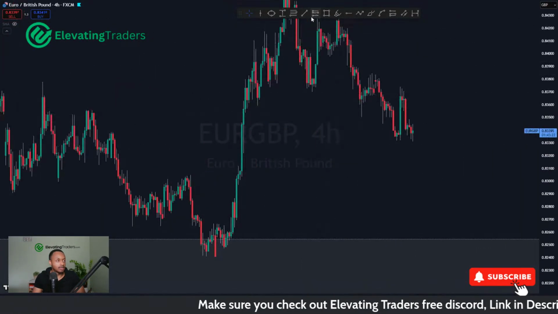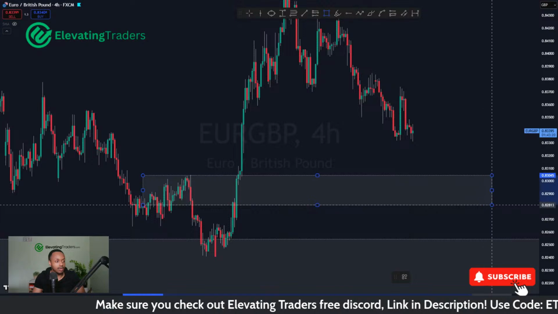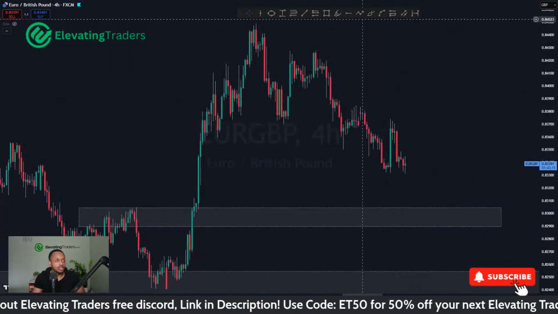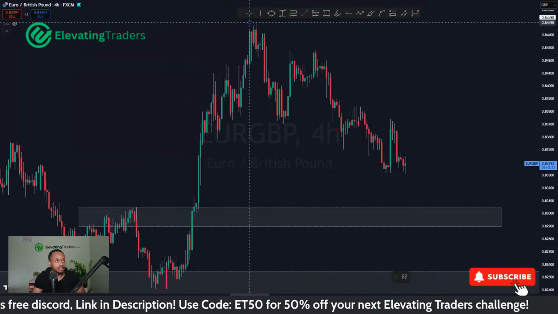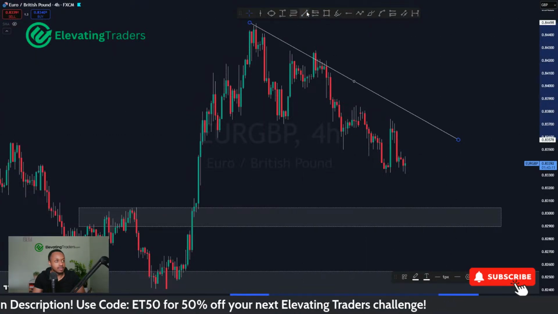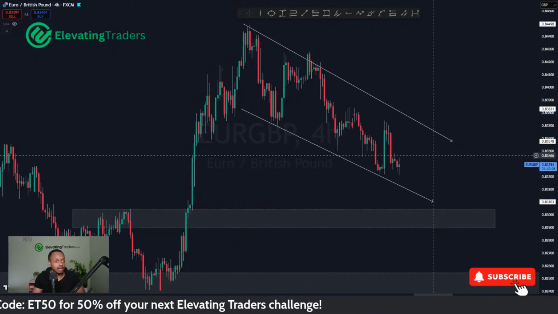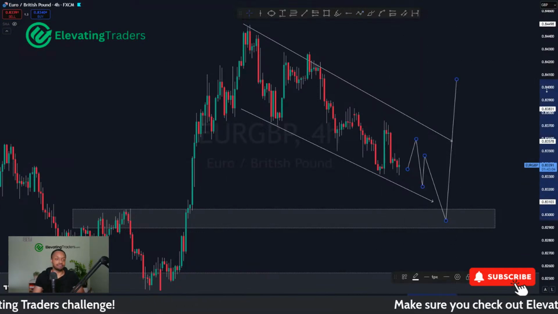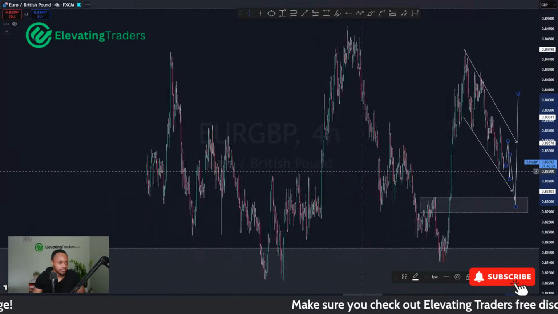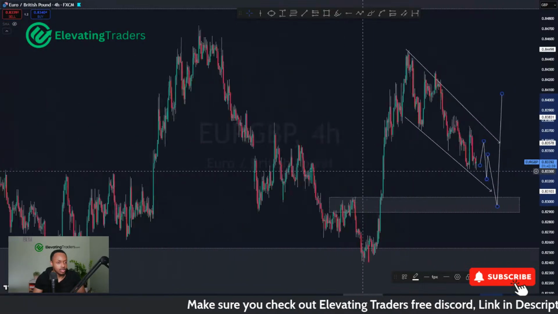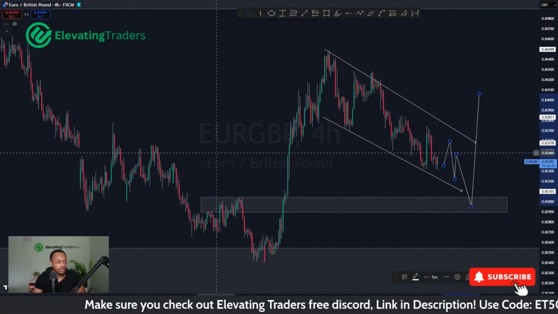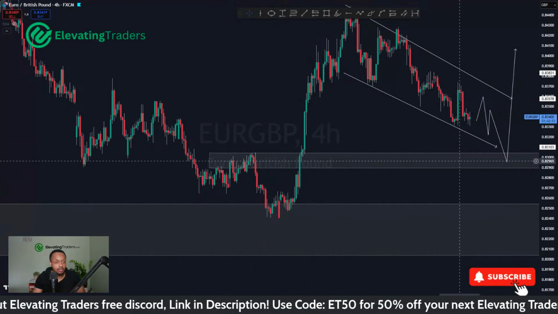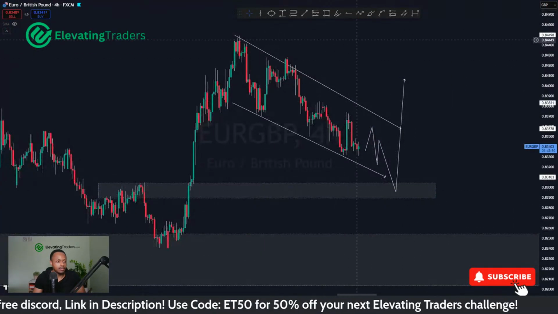I do like this level here, but I wouldn't be looking to swing it all the way back to 0.85 from there. Judging how we're moving right now, it is looking pretty corrective to me. So it tells me that most likely price is just coming lower just to move back up again. So I would wait for us to push a little bit lower for euro pound. I do like the level here. Nice move to the downside, and we broke through really aggressively. We didn't come back for a retest, so I do think we can bounce from here.